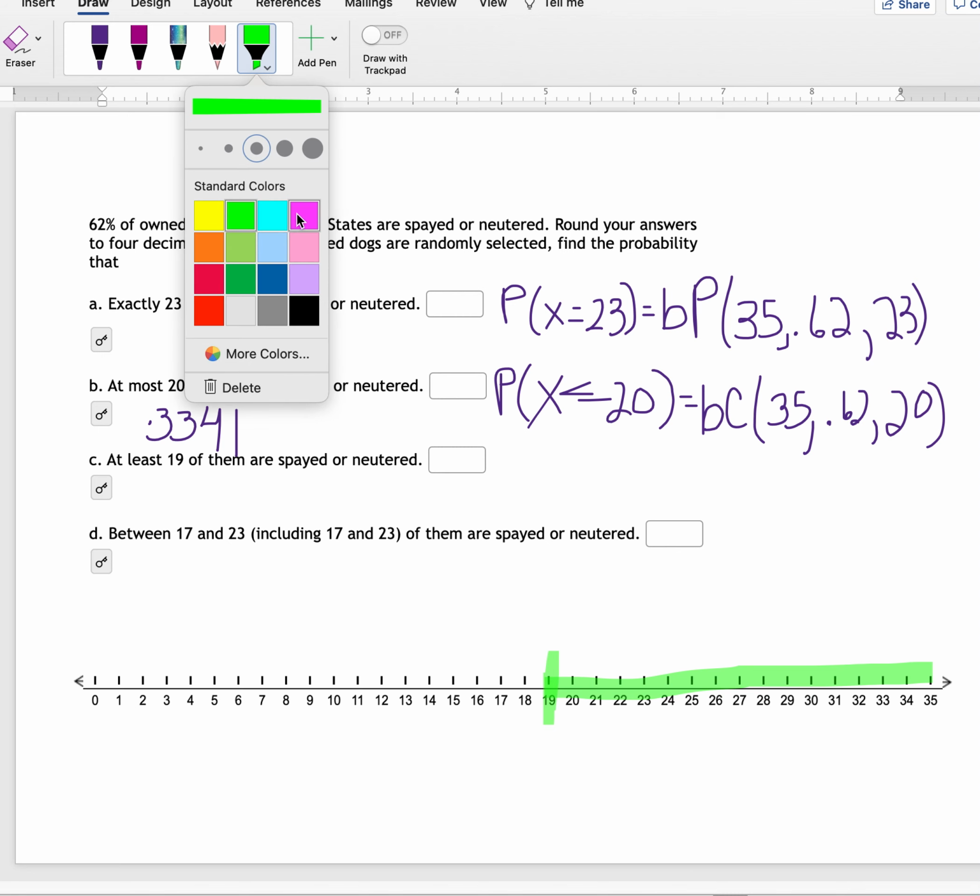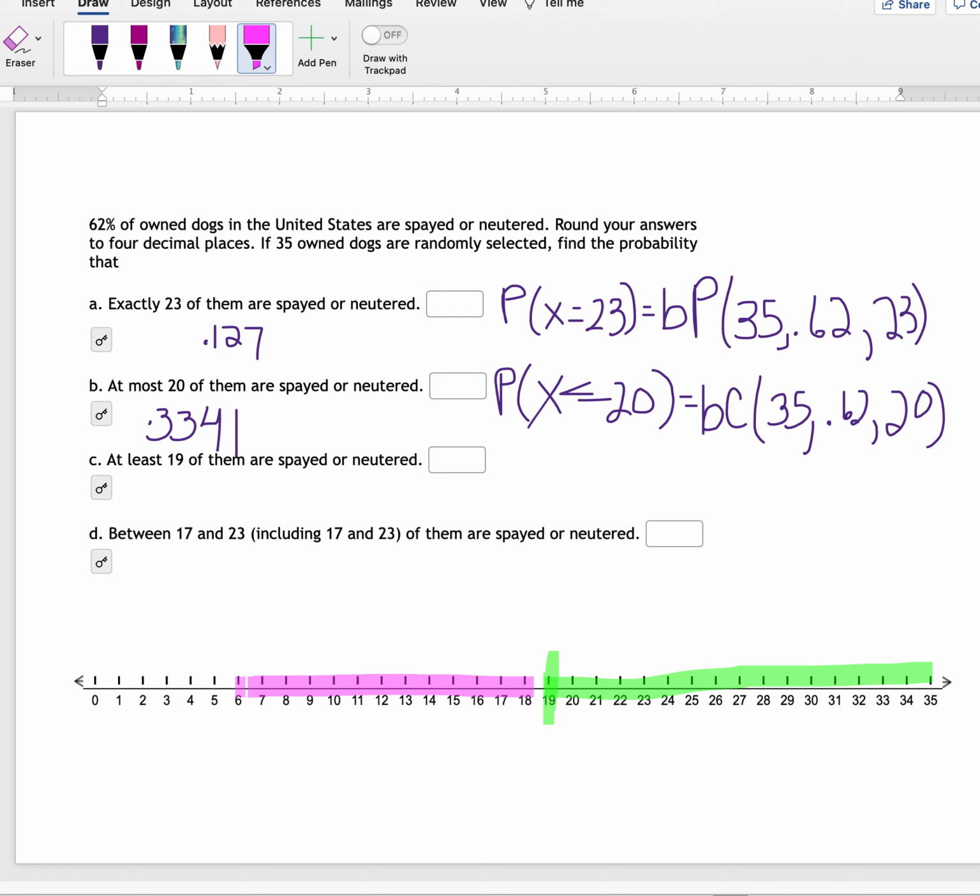So we don't want, I'll highlight this in a different color, we don't want 18 down to 0. So from 0 to 18 is what we don't want. So what I'm going to do is I'm going to find the probability that x is greater than or equal to 19